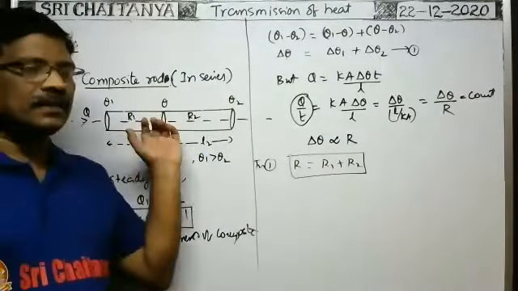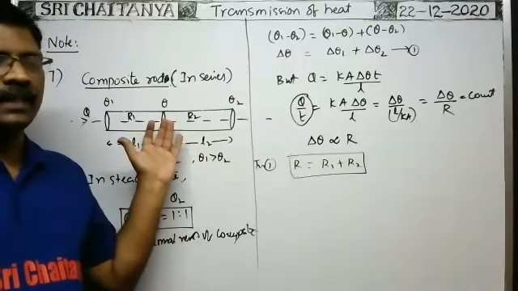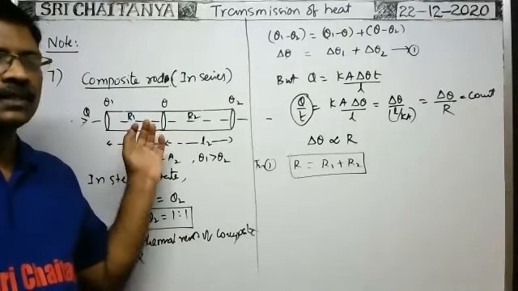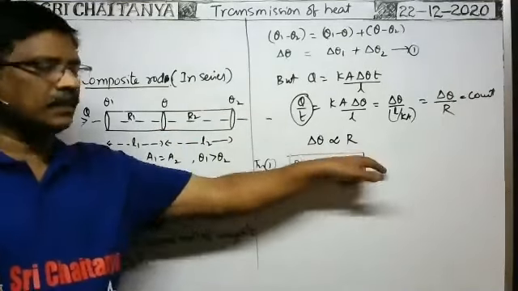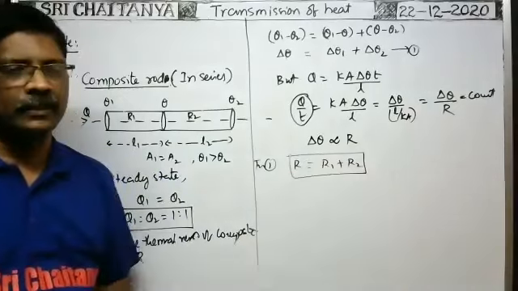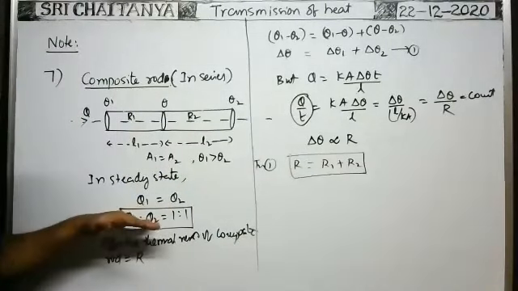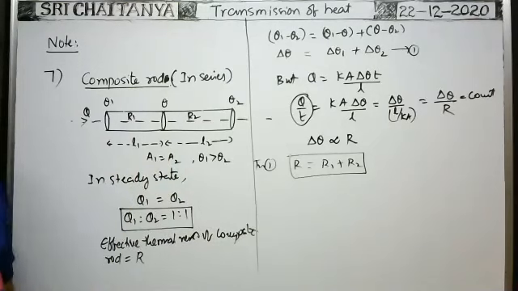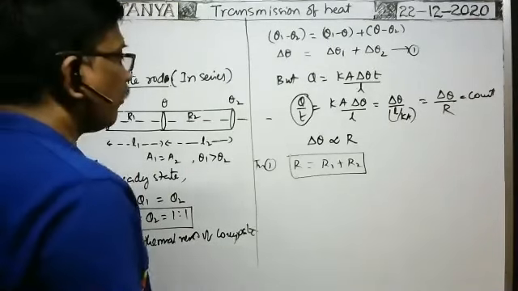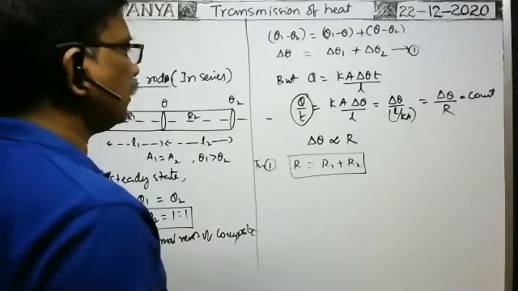Whenever two rods are joined end to end or in series, the effective thermal resistance is equal to the sum of the thermal resistances of the individual rods. If three rods are there, plus R3; if four, plus R4, like that we have to write. But in all rods, the amount of heat energy transmitted remains the same, so the ratio is 1:1:1. Okay. What is the effective coefficient of thermal conductivity?